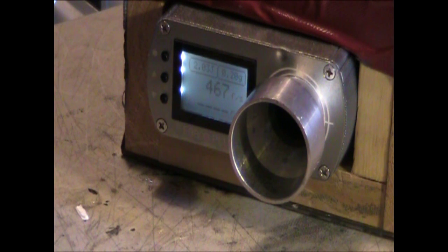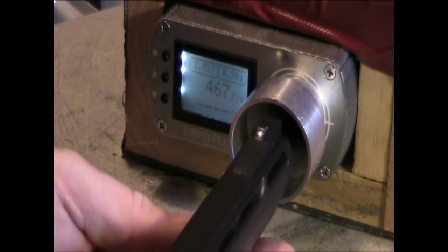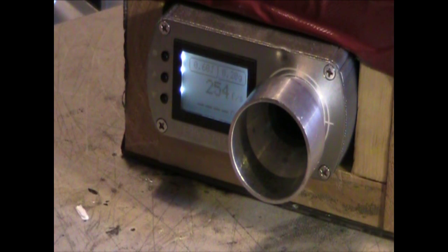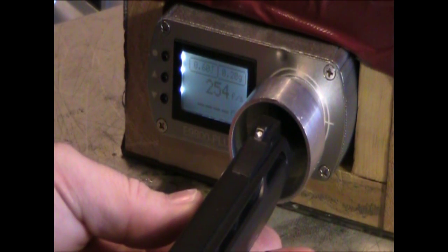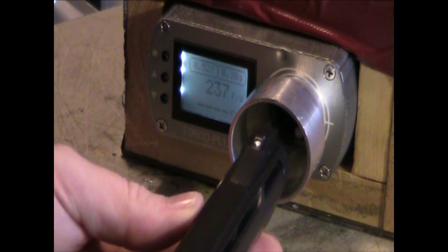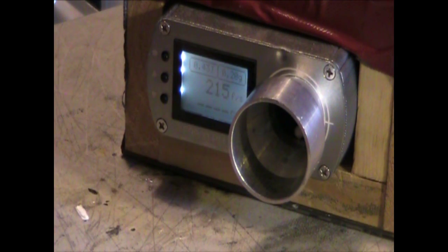Alright, now we're going to put this in here. Supposedly this first shot is going to be the first 3-round shot. Now 2 BBs again, and 3-round burst. 272, 254, 237, 185, 215,